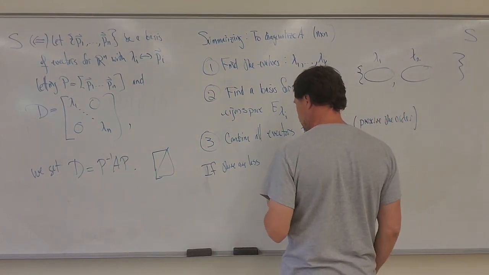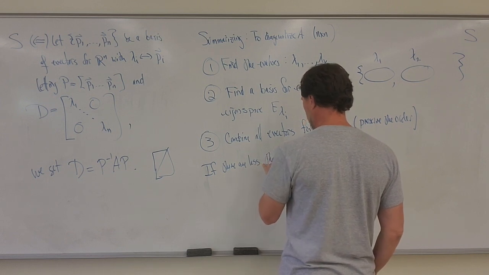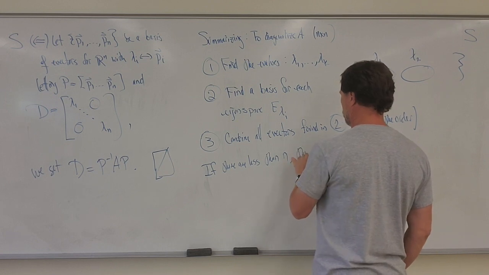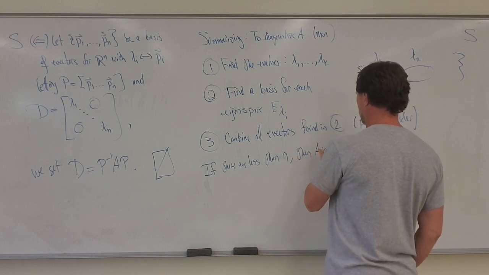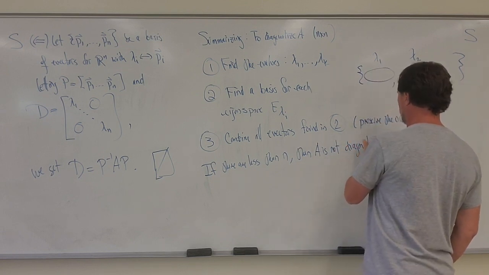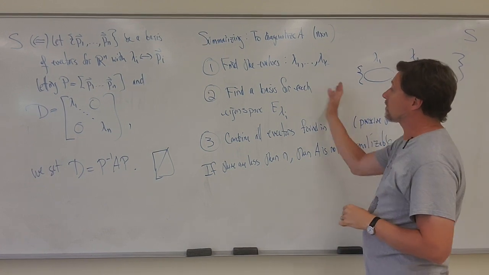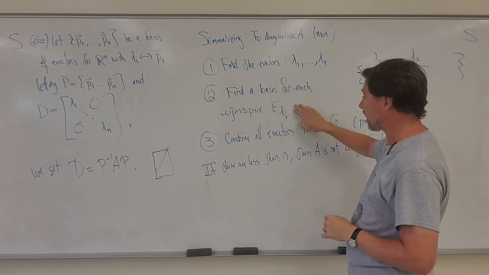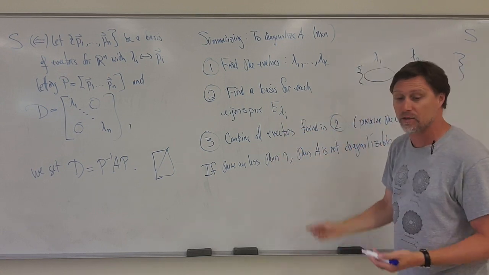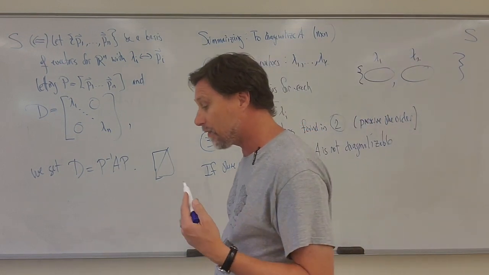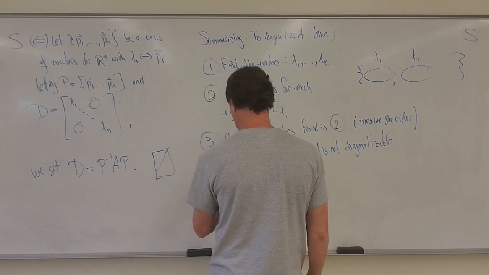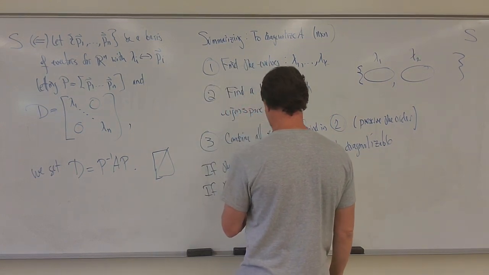If there are less than n, then A is not diagonalizable. So we find the basis vectors for each eigenspace and lump them all together. If we have fewer than n in that final list right there, then our matrix is not diagonalizable. If we have exactly n, so if there are n,